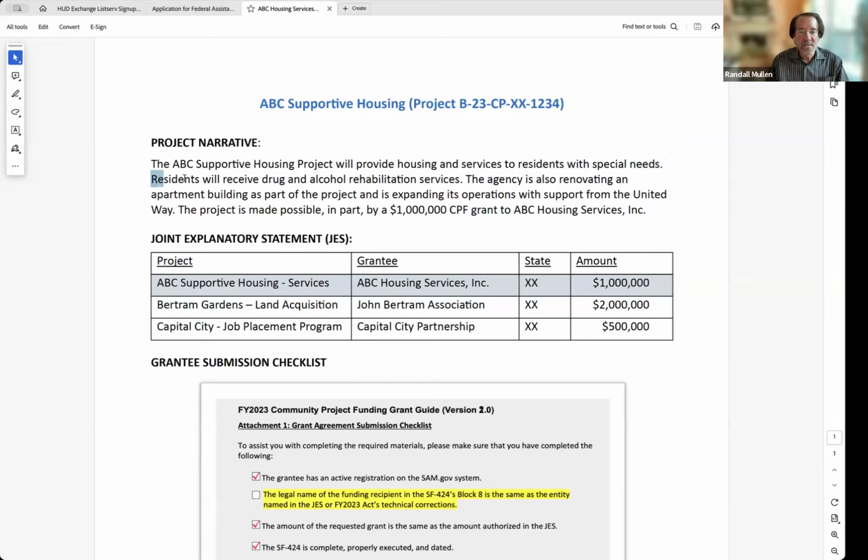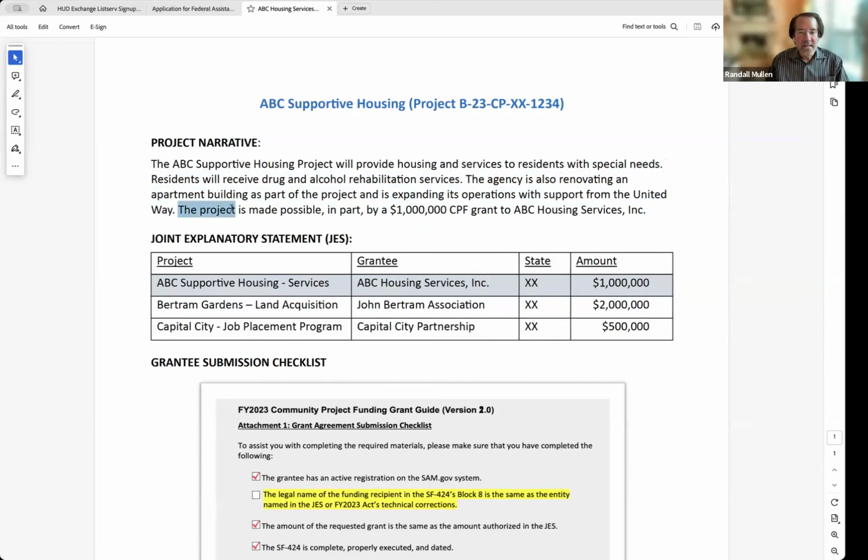And those residents will receive drug and alcohol rehabilitation services. The agency that is undertaking the ABC Supportive Housing Project is also renovating an apartment building as part of that project. And they are expanding its operation with support from the United Way in their community.